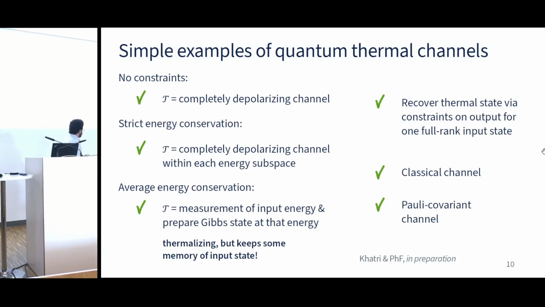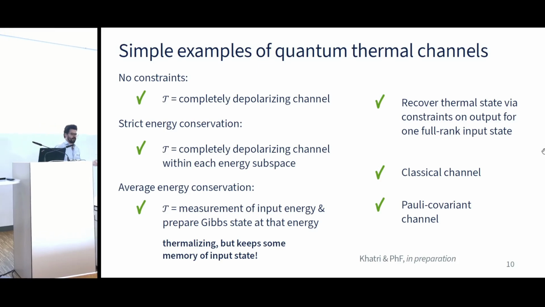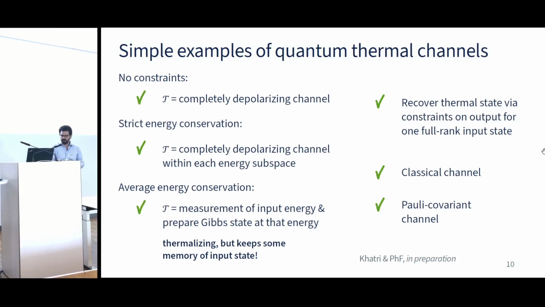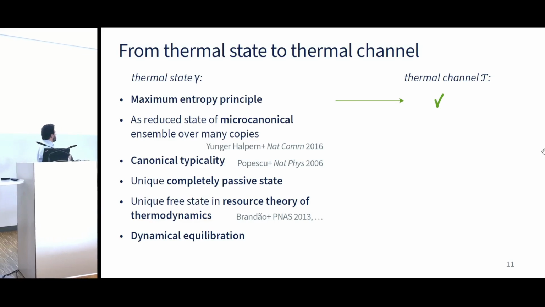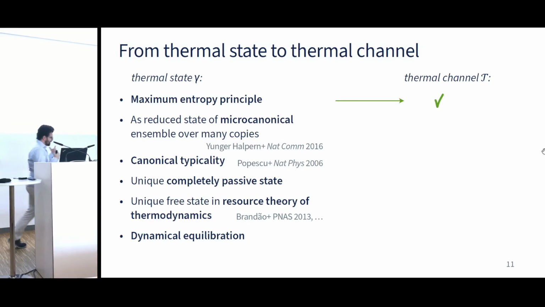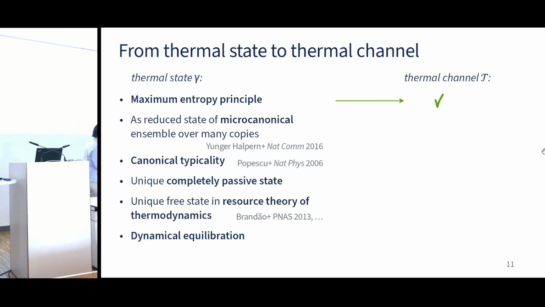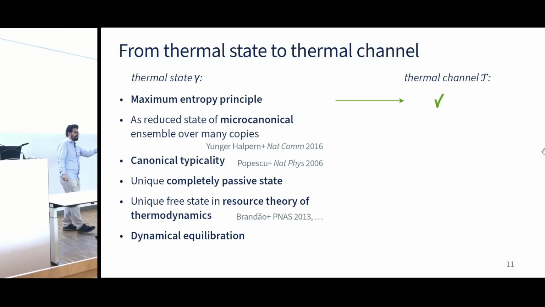You can look at what happens if your channel is classical, if it's Pauli covariant, if your constraints are Pauli covariant, and things like that. So you can think of this as a kind of general program of going from the thermal state. You're taking the different ways of thinking how we should think of the thermal state and seeing how they extend to